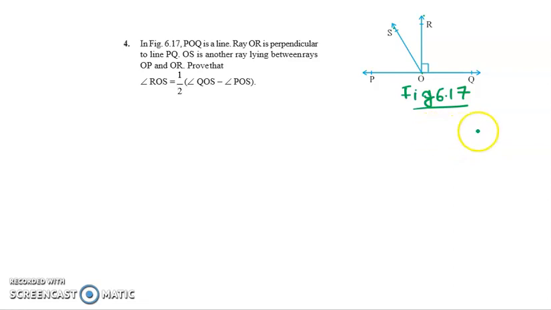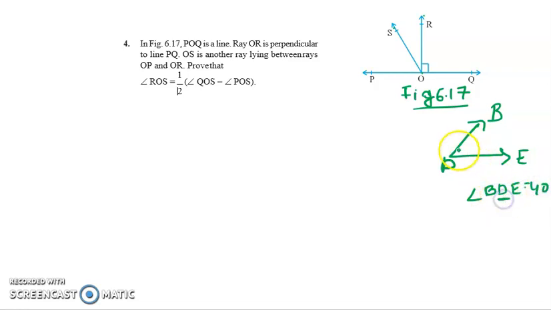Okay students, one more thing I already told, I'm repeating again. Suppose I draw this figure and say angle BDE is 40 degree, this means you have to see for the center one. So this angle is 40 degree over here. I've already explained this, but you should keep this in mind. Now come to the original question.